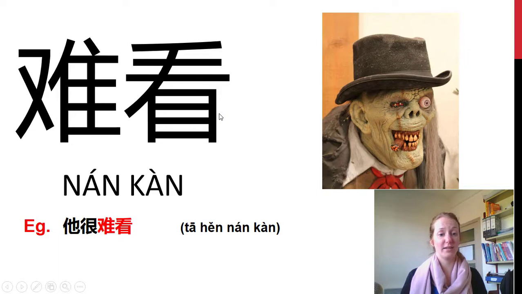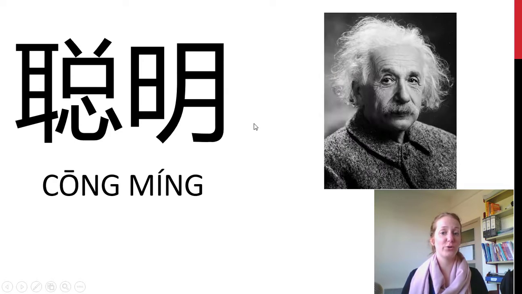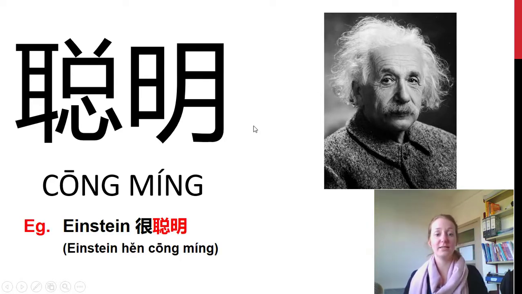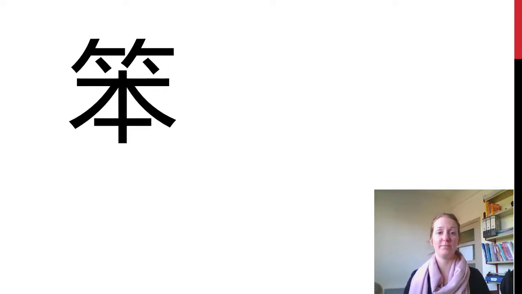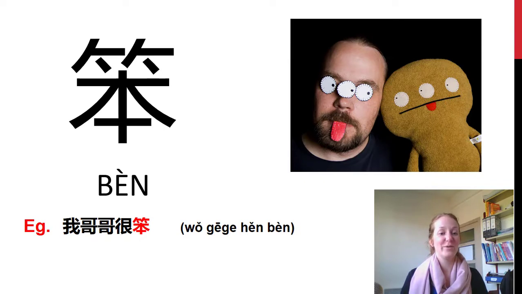So 它很难看. You might not be able to see this one. 这是聪明。Einstein 很聪明。是什么意思？The opposite of that, 笨。我哥哥很笨。你呢？